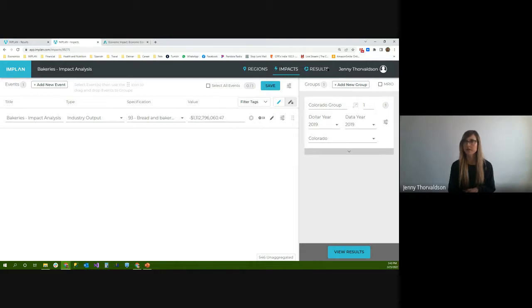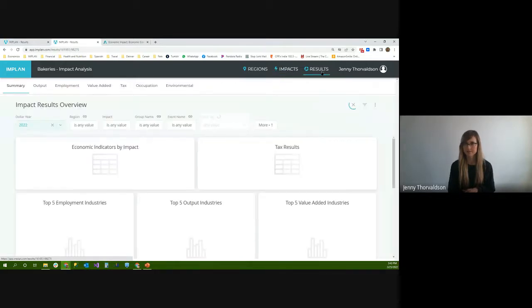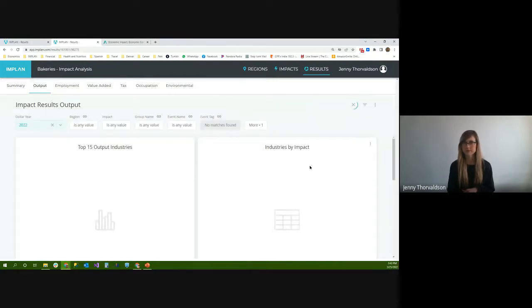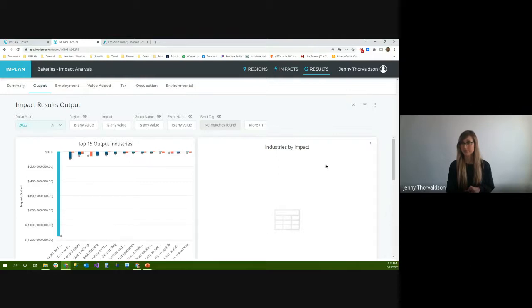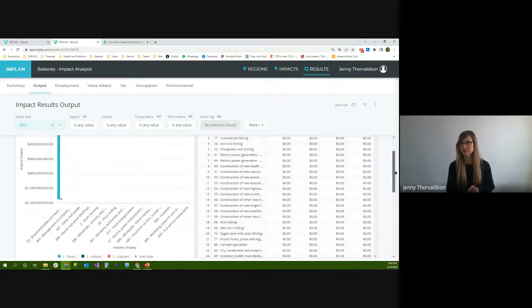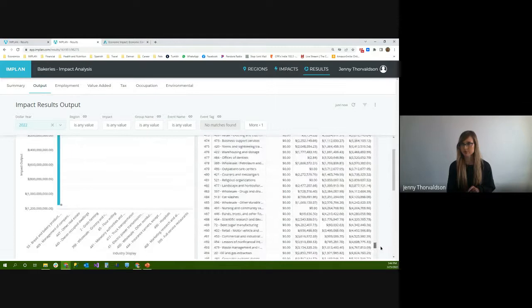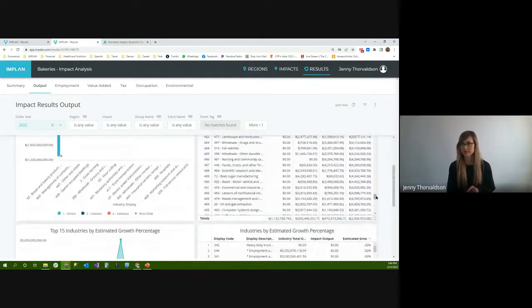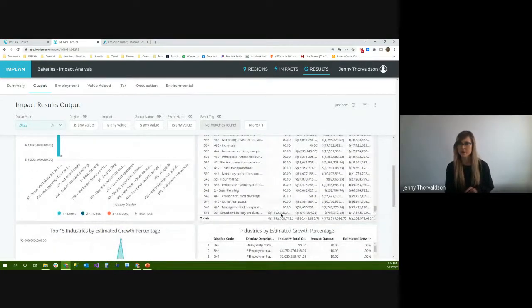Okay, and when I look at the results for this, I'm going to hop over to output results specifically. It'll just take a moment to load. We'll scroll down to the bottom. And we're going to show you the problem with running something as an impact analysis when you really wanted to run it as a contribution analysis. If I scroll down to the bottom, since they're sorted by size here, and more negatives were at the bottom, you'll see that the